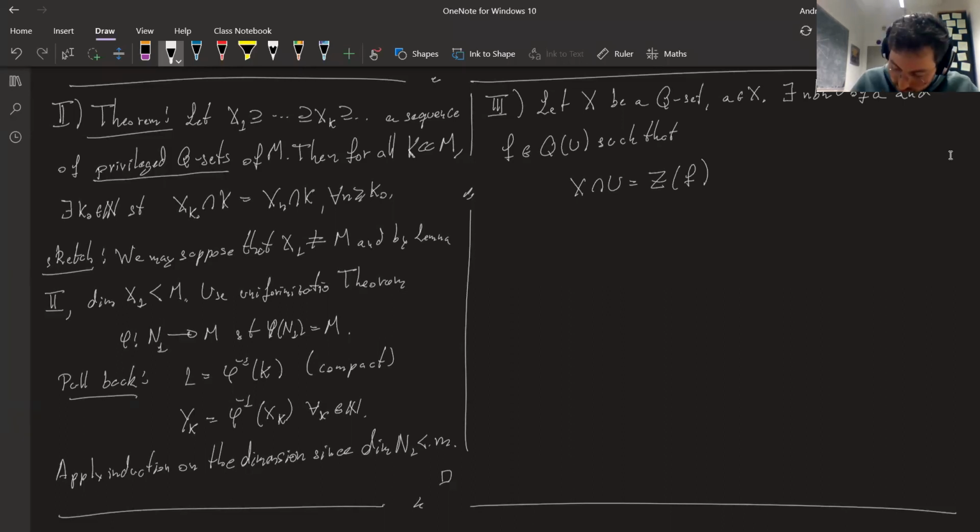And here I'm going to leave it as an exercise. It's really not complicated, but there's something to prove because the generators of the ideal that is going to give us X locally, we don't know if it's countable. So there's something to adjust, but it's really not very complicated. And the fact that there's only one function is simply because if you are real and you find a finite number of functions, you just take the square and sum all of them. You just get one function in the end, whose zero locus is going to give you the set.